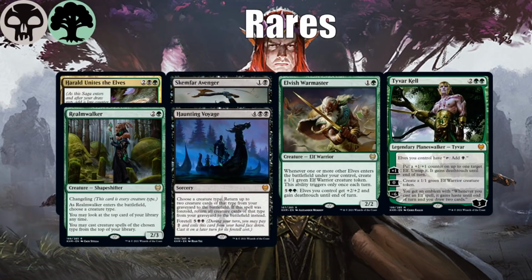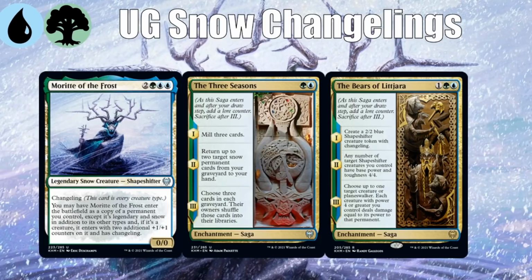Now we're going to move into the last of these really pronounced tribal color pairs with changelings. And there's a little more than just tribal stuff going on. Just like we saw in the other two, elves also have a graveyard sub-theme, giants have a spell sub-theme, and changelings have a snow sub-theme. So there's 2 signpost uncommons here that really indicate to you that this is where you want to go. You have